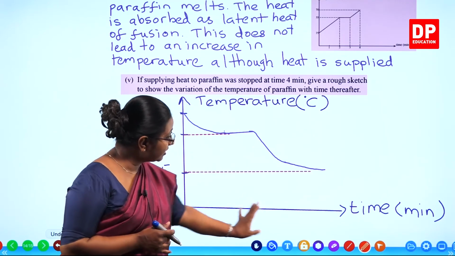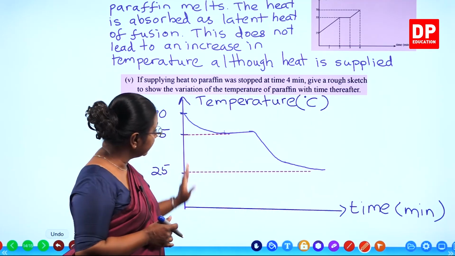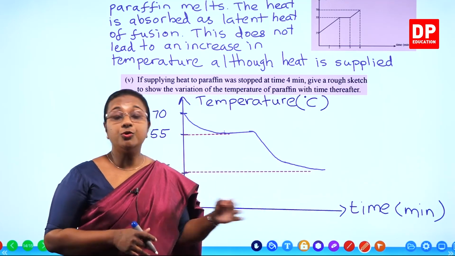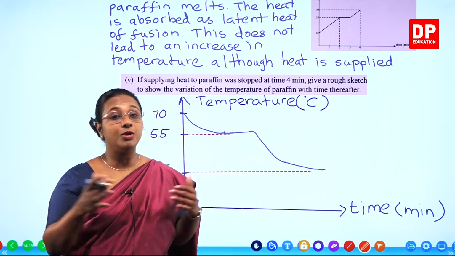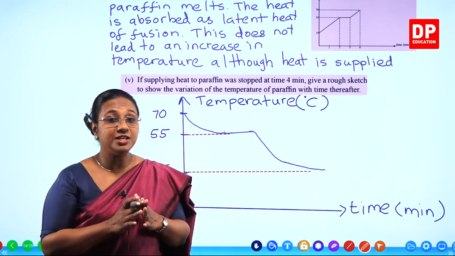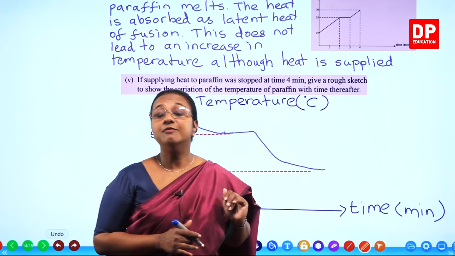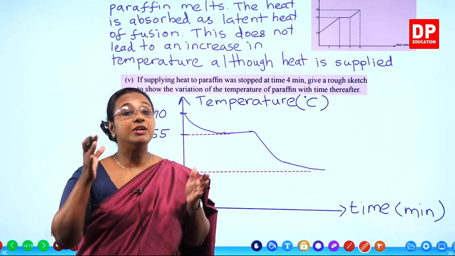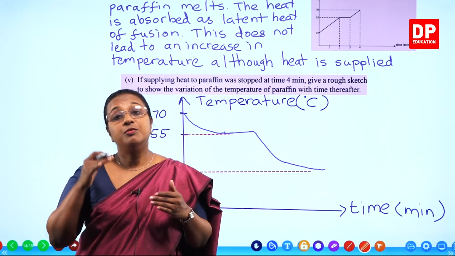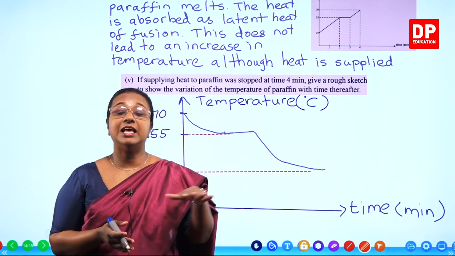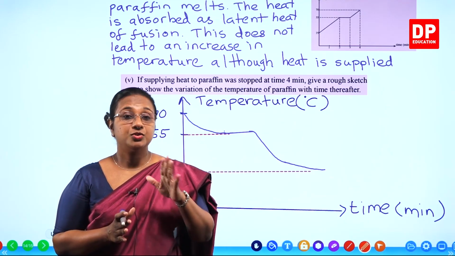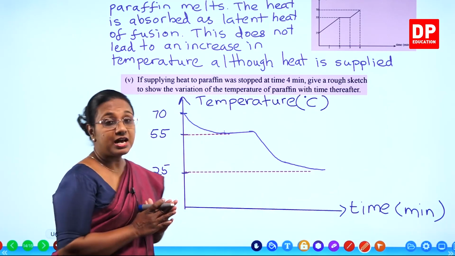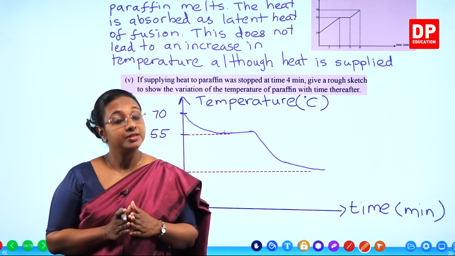So we can draw this graph separately, and here as you can see I have not marked the time as well because we don't know how long natural cooling will take, and obviously you all know it will be more than 4 minutes. This is from your experience. To heat something you need a little time, but when you allow it to cool it takes a longer time. So that is how we have this graph. And that is the last question that is there in your textbook.